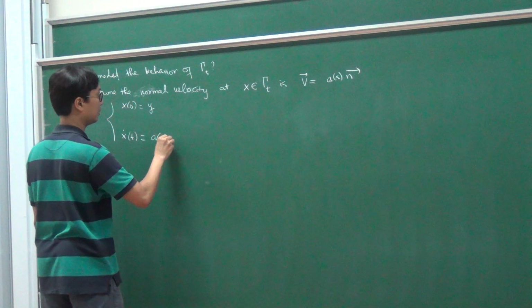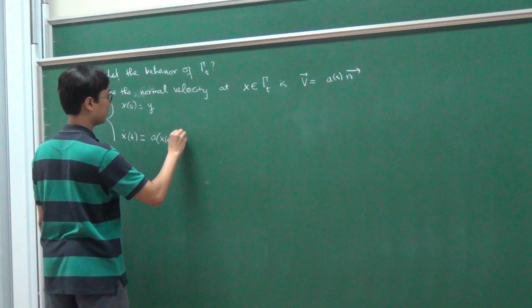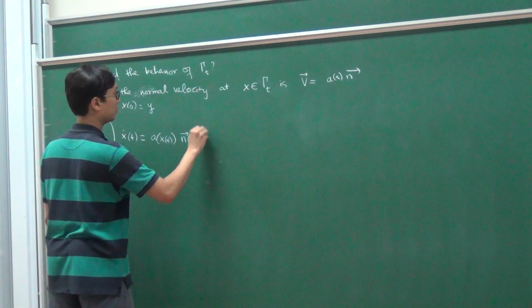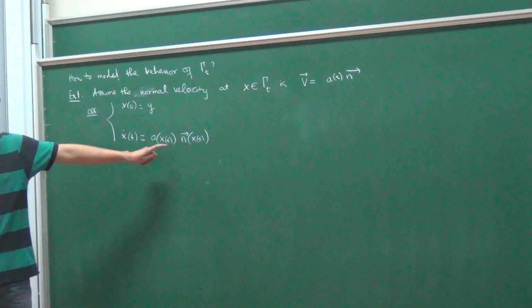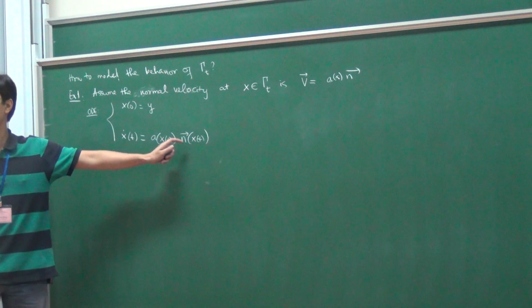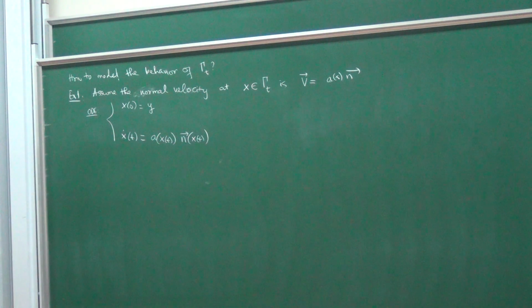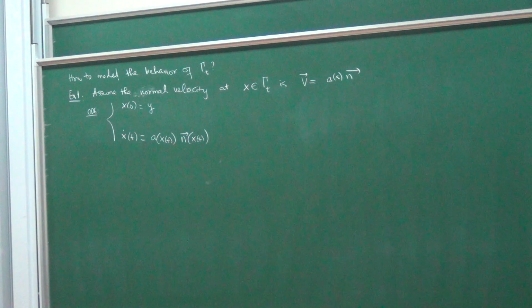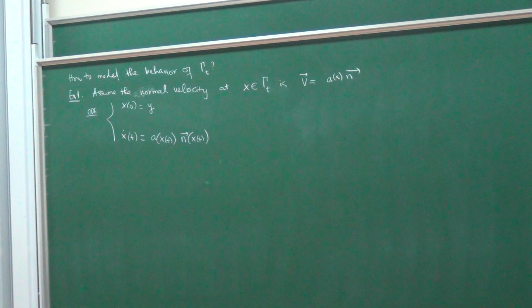a(x,t) times the normal vector n(x,t). This is my only assumption. Of course, it looks simple, but the thing is that the normal vector is kind of implicitly hidden within that. Okay, so now I'm going to look at this and derive a PDE for the u, for